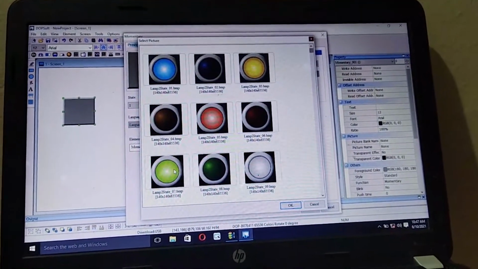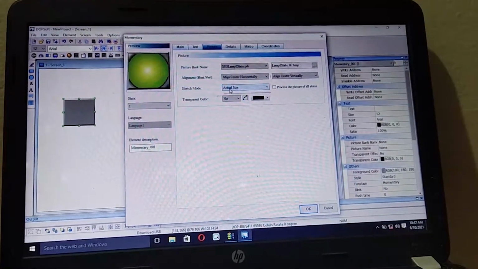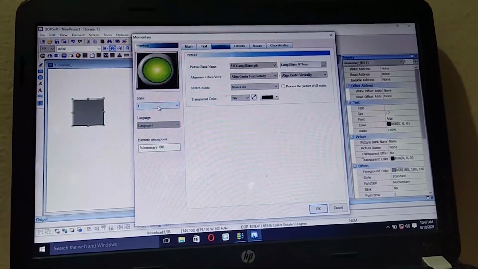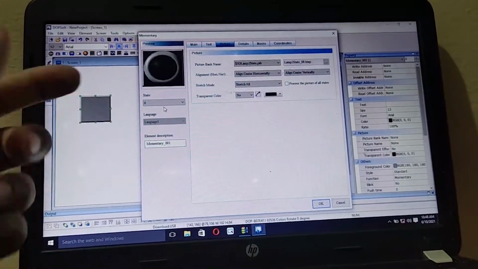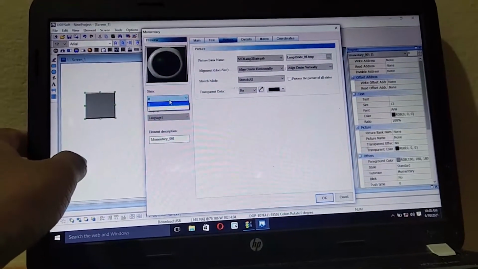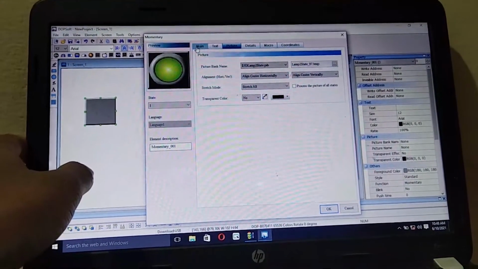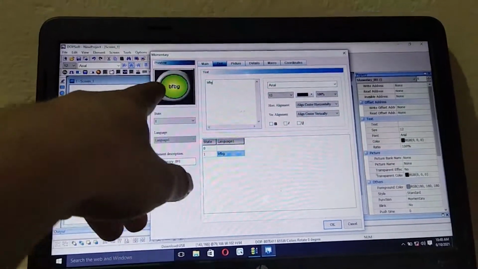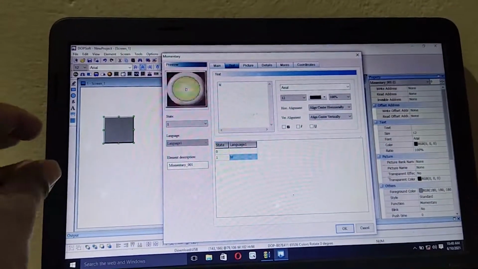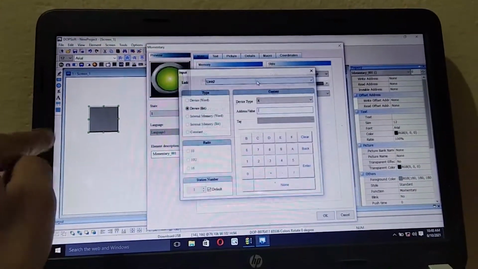I'm using this green. So if it's on condition, I'm using this. And also I need to set it. If it's off condition, the bulb should take this. When I switch on, the button will glow like this. I don't put any text here. If you put any text here, that will show in that button. But I'm not putting any text in the input. I directly get the text from down left.